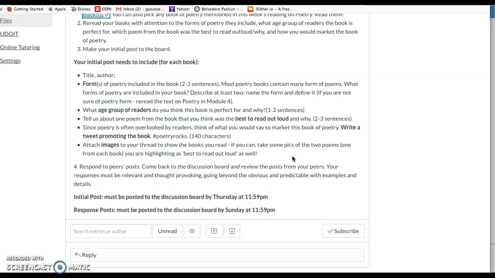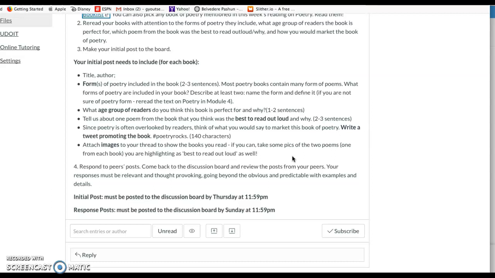So these books are typically huge with many poems in them. I understand that you will likely not read every single poem in both of these books, but please make an effort to read as many as you can and practice reading them out loud. Reading a poem in your head quietly to yourself is going to give you a very different experience than reading it aloud. So if you have young children to read it to, it's even better. If you have an audience of any type that you can read it to, of course that's better because you get their reactions. But if you can only read it to yourself, that's fine. But please practice reading aloud. You will get a different experience.